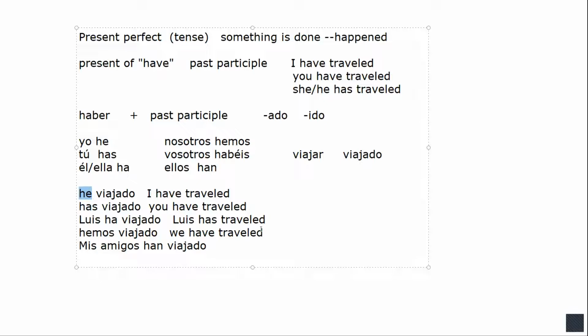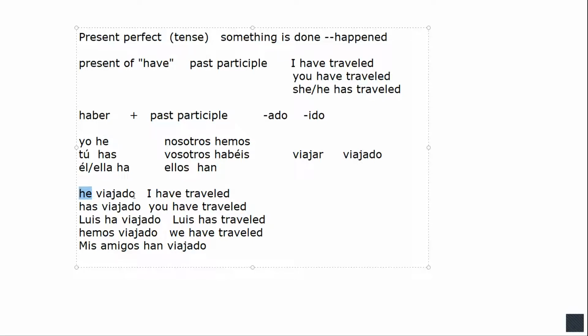So this is a very popular structure in Spain to talk about something that happened recently, like this morning, within the last day or so. It's very popular in Spain. It is less popular, I would say, in Latin America. In Spain, they have a real nuanced thing. If they want to say something is pretty recent in the past, they'll use this.